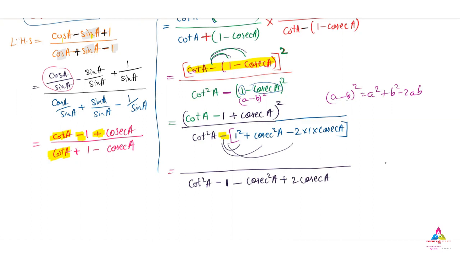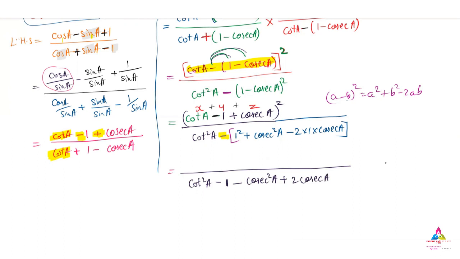Now we have to go for numerator work. So we will move on to the numerator now. So okay, now you can see these three terms are there. Cot A, one term that I can take as x, or minus 1 is in a term of a y, and this one is a z. I can take the three terms. So x plus y plus z the whole square formula. Do you know what is x plus y plus z the whole square? Because you can see it is negative we have, that we will make it later on correctly.